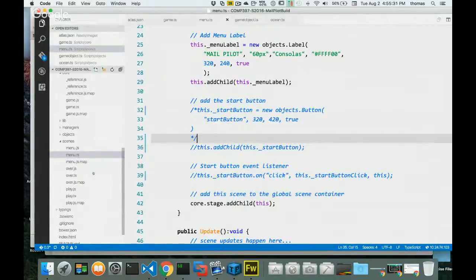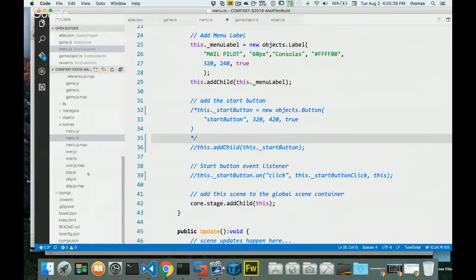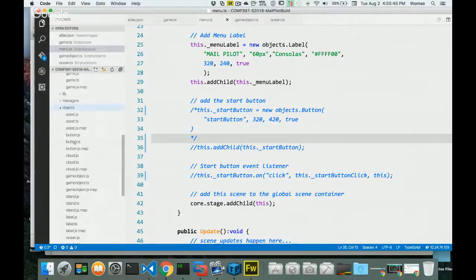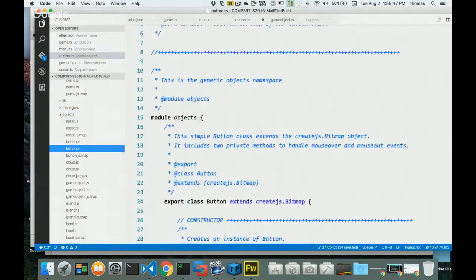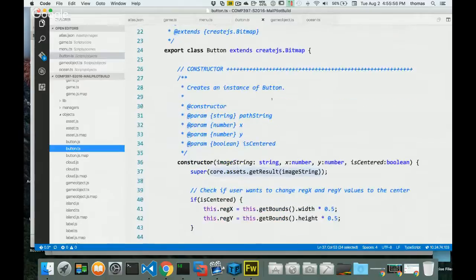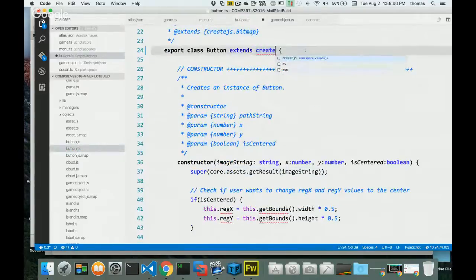And I kind of said that we're making a sprite. We didn't say that button's a game object. And that could be the issue, that could be the problem that's causing all this. So I go back to objects, and if I look at my button, well, no, button extends GradeJS bitmap. Well, okay, how could I fix button so it'll work? Well, I gotta change GradeJS